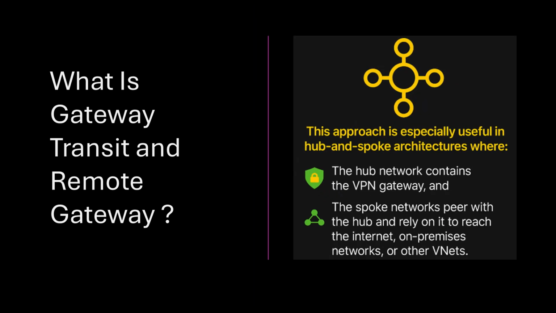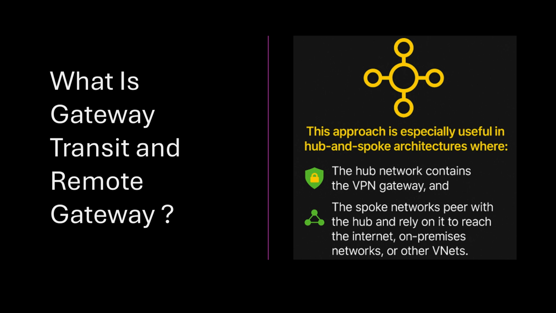When you enable gateway transit in a virtual network, you are allowing its VPN gateway to act as a connectivity hub for other peered virtual networks. Think of it like this. You set up one virtual network with a gateway, and all other peered networks can use that gateway transitively to reach external networks. This approach is especially useful in hub and spoke architectures where the hub network contains the VPN gateway and the spoke networks peer with the hub and rely on it to reach the internet, on-premises networks, or